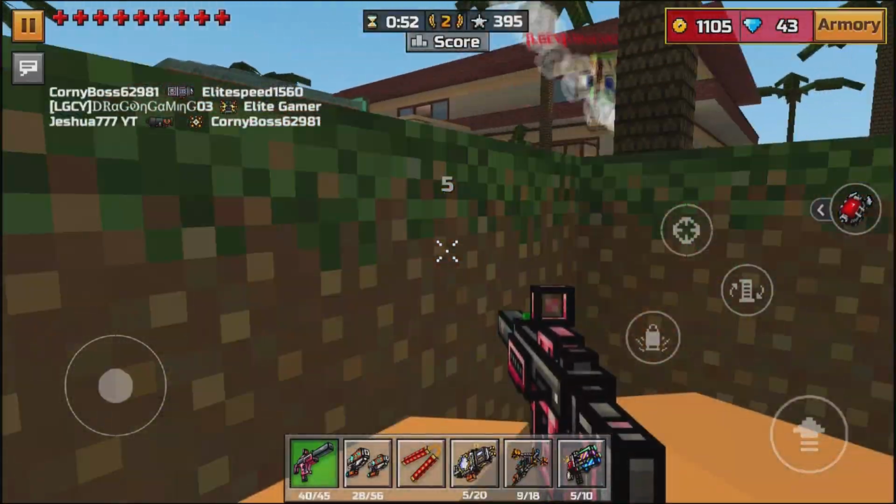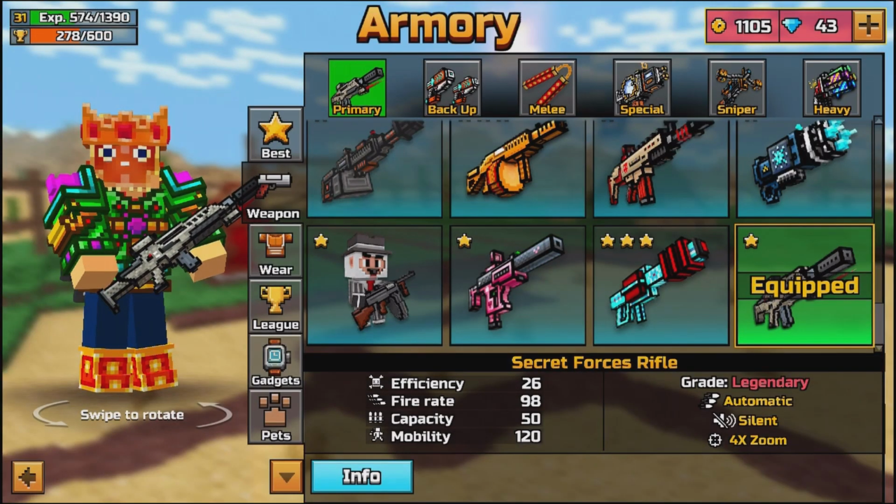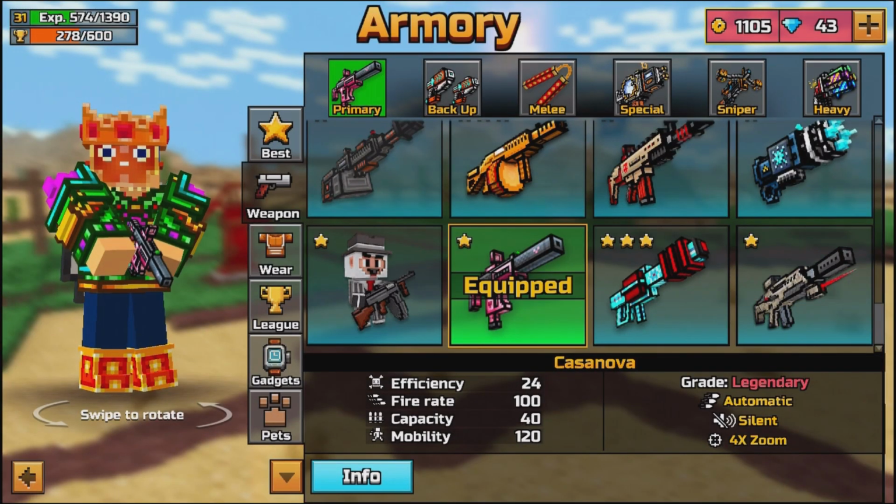When you look at the Secret Forces rifle and you hold down the firing button for a long time, you will see pretty quickly on that the...